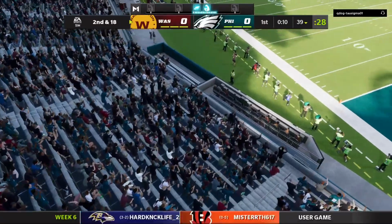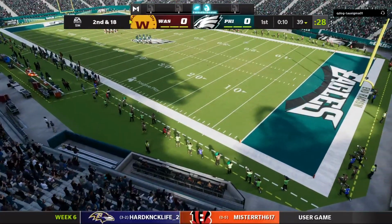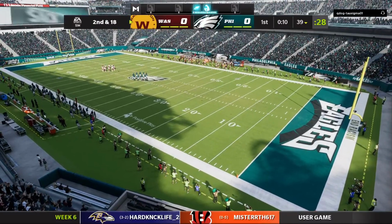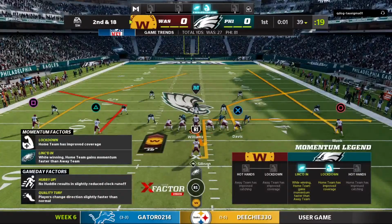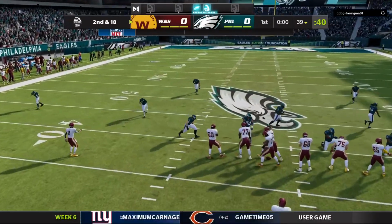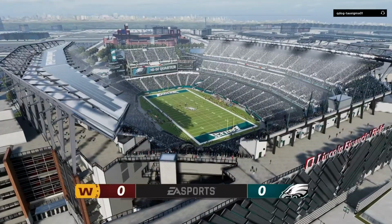But they're facing a team where getting to the quarterback is a mindset. It's a mantra for them. And they play a game within the game. And you know what it is? Let's race to the quarterback and see who gets there first. We're scoreless after